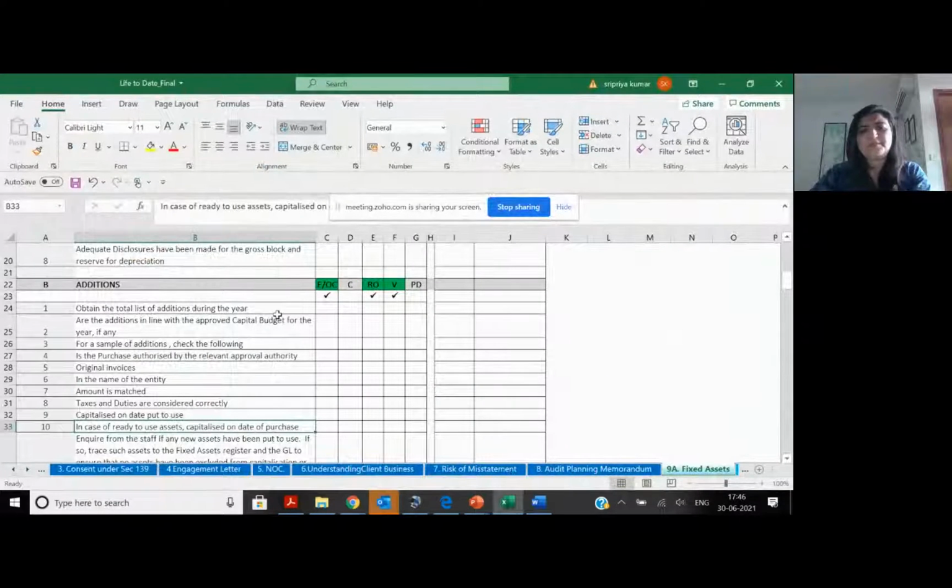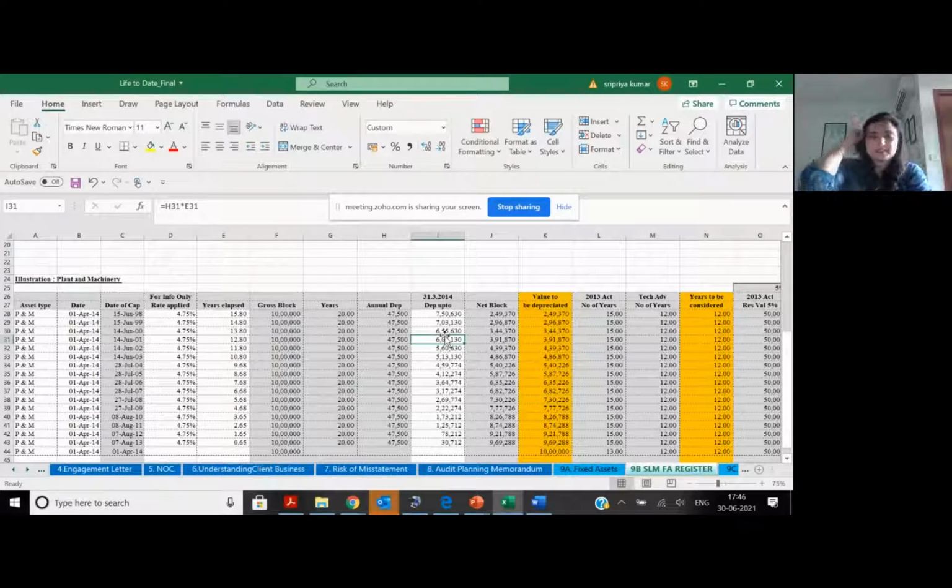Now, the second aspect is your investments. Let me start similarly with investments. I'm not going to go into it in great detail. By the way, sorry, in fixed assets, I have given you how to create a fixed asset register. Let's say your client doesn't have a fixed asset register at all. How do you help them to create one? You put in one by one from the last asset bought, and the opening, what you can't discover, is the balancing figure. That's the only way you can build it.